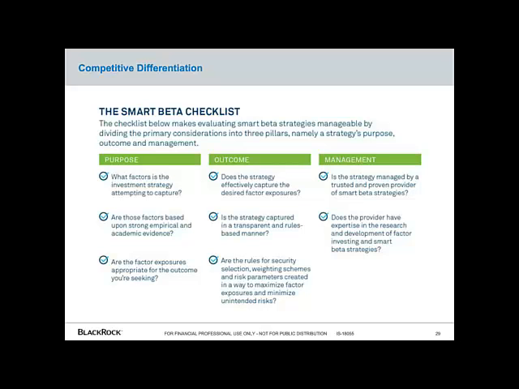Now, the second thing to look for is the outcome that you're seeking. Specifically, do the funds that you're evaluating deliver on strong exposure to the desired factors, or is it delivering weak or diluted exposure? And is the strategy employing checks and balances or constraints to ensure that you have a resulting exposure that can sit nicely at the core of your portfolio? As we talked about, our funds all employ constraints so that it looks like the market and so that we are not diluting, or ideally diluting in as little as possible, the factor exposures over time.